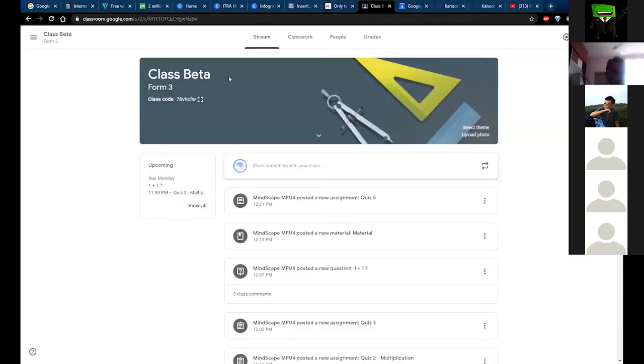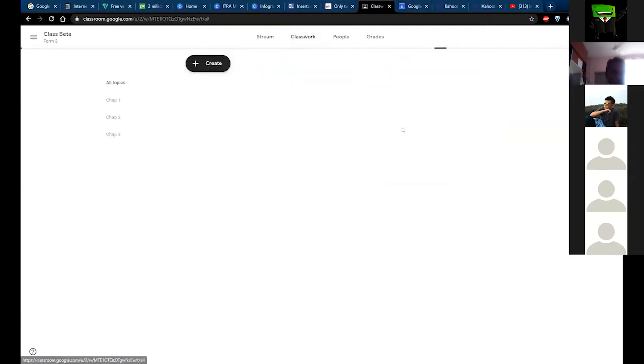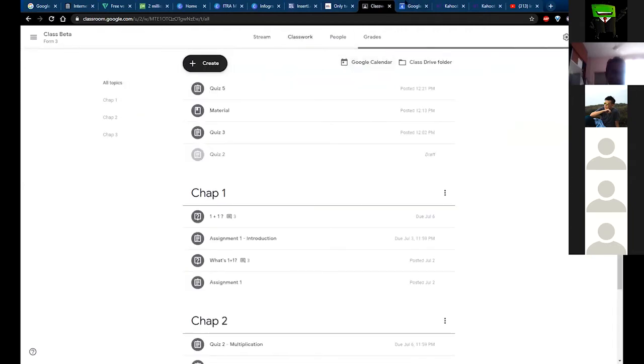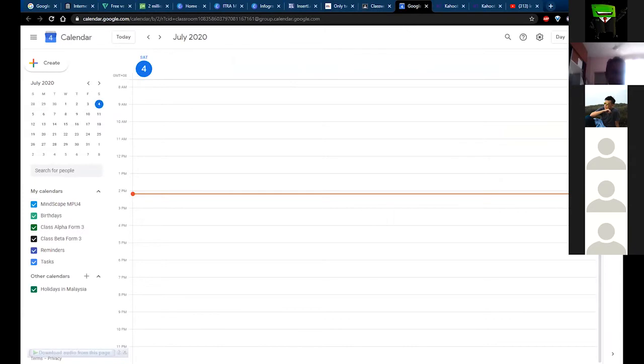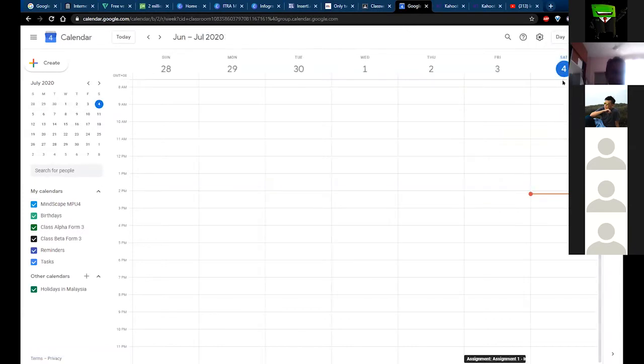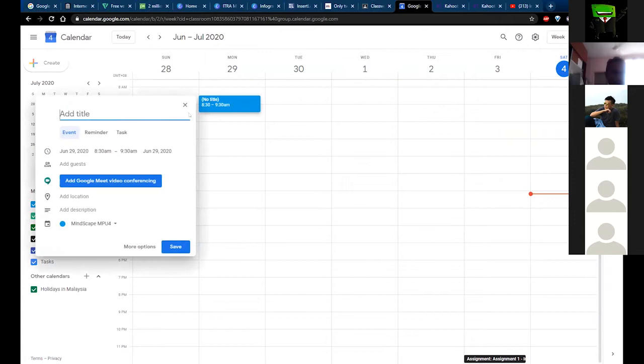So here's the classroom. This is from the teacher's point of view. If you go to classwork, you can see here you have calendar, right? If you go to calendar, it'll highlight you to the day or to the week. So let's say we go to a week view, and let's say you want to create a class on Monday, Monday at 9 a.m. You just click here, it'll automatically show you what to put. So you can add titles, say morning class, or let's say algebra.